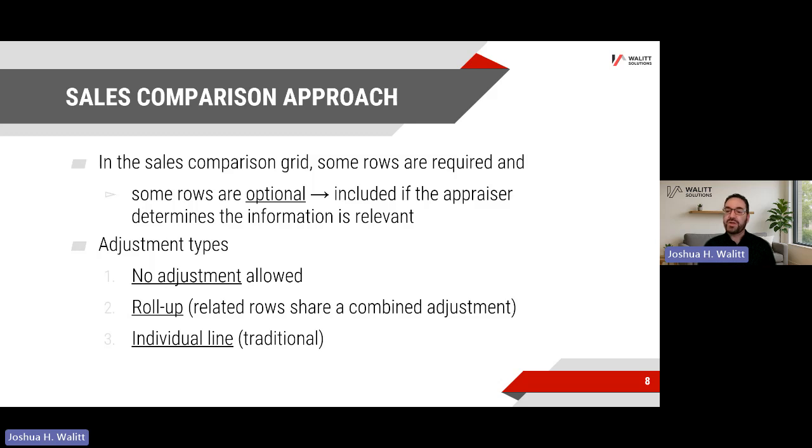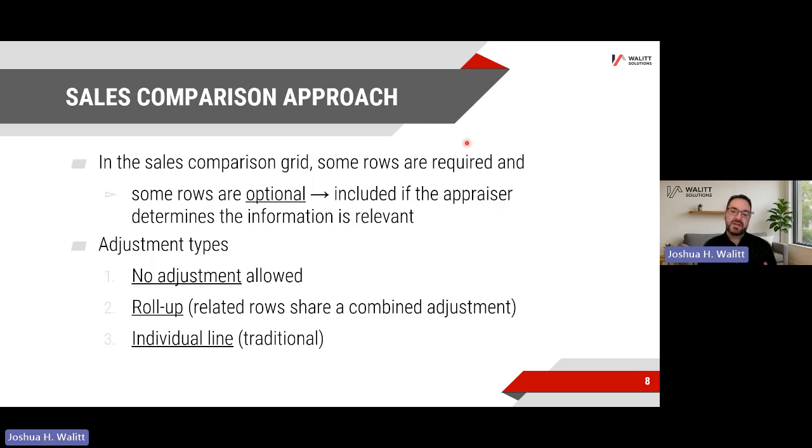All right, so we do have some rows in the sales comparison approach that are required. They're required. We also have some rows that are optional, meaning the appraiser determines whether or not this particular item is relevant to include. So again, some are always going to appear in the sales grid.